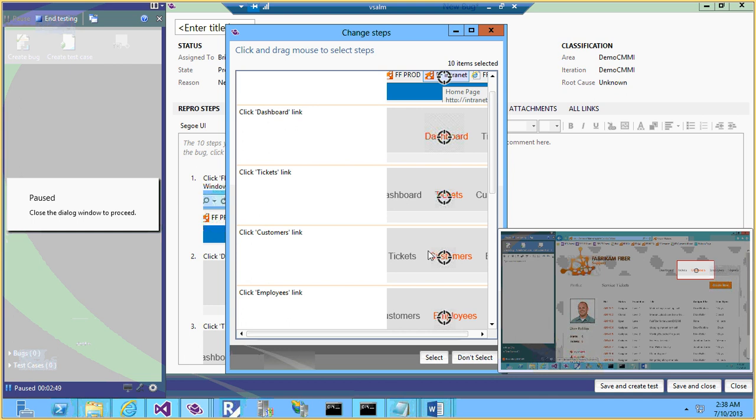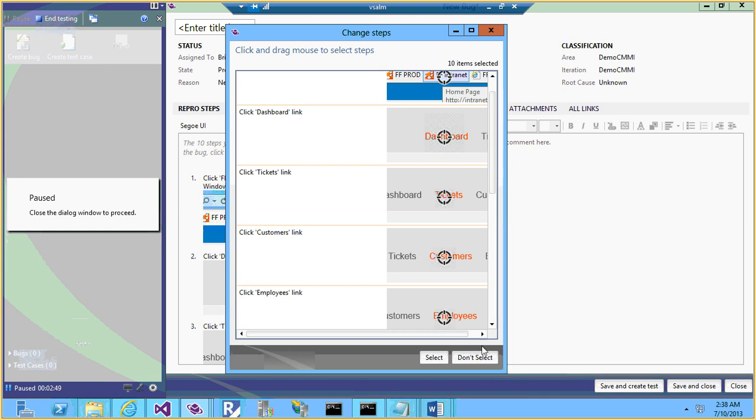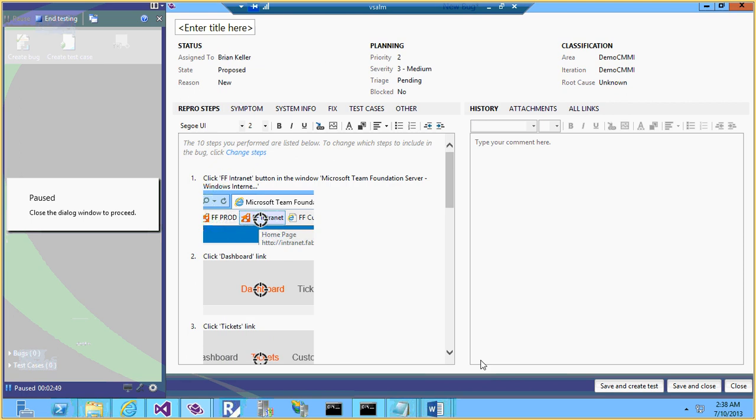The major advantage of this exploratory testing is that you can easily reproduce a bug. At times you encounter some bug where you don't know how to reproduce it. So what I'm trying to do is click on do not select. Let me give a name to my bug, say exploratory. I have provided some name. If you see at the right bottom corner, you can see an option called save and create the test,